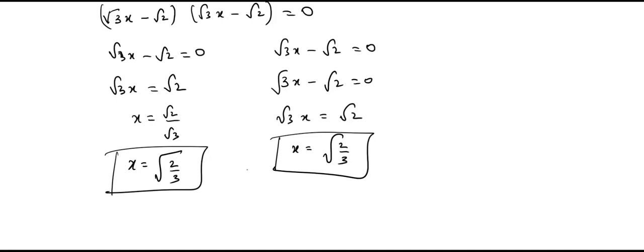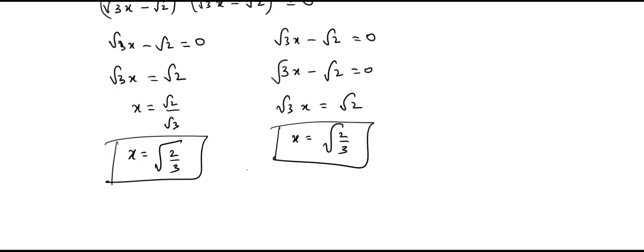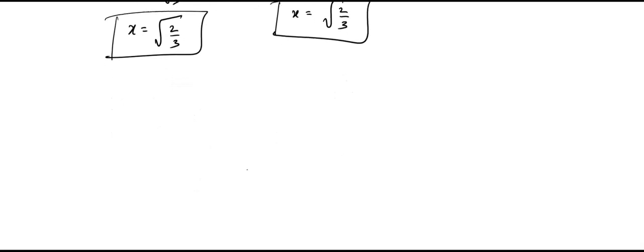Any doubts, children? No? Very good. Now let me try with the next sum. Okay. Now we are going to solve the next problem, that is nothing but question number 9. Problem number 9 was: solve 2x square plus x minus 6 is equal to 0. I think you can do this sum, right? Can you do?